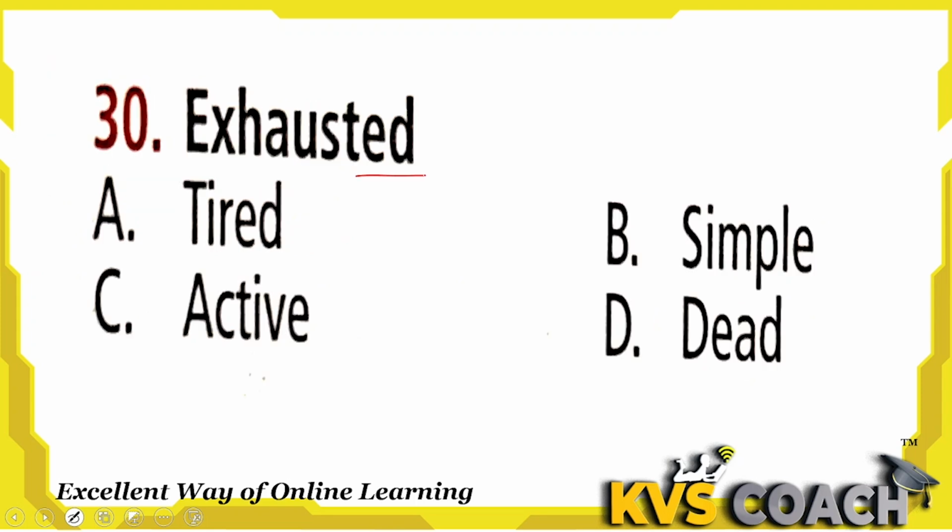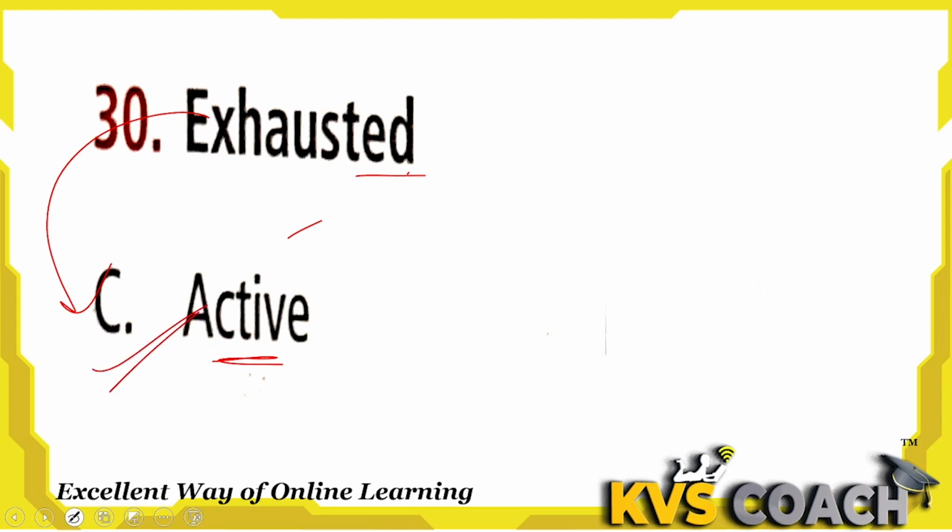That is exhausted. Exhausted means that you are tired of something. That is called he has done or she has done so much work and now is too tired and cannot do anything. That is called exhausted. Okay. Tired is the synonym of exhausted. But here, active. Active means the person wants to do something and continues doing something, and again if someone is asking for doing something then he will be ready to do. Okay. That is called an active person. So opposite of exhausted is active. Option C is the right answer here.